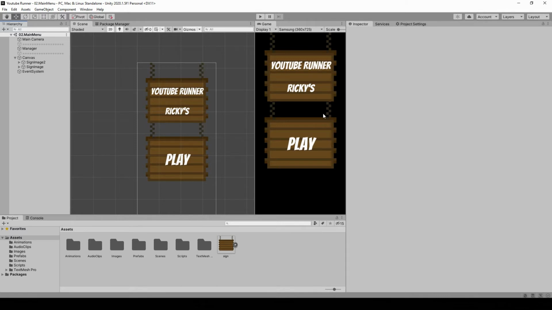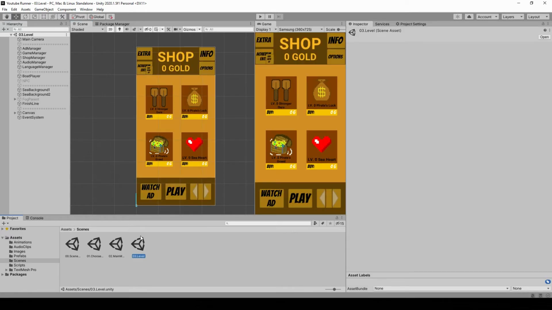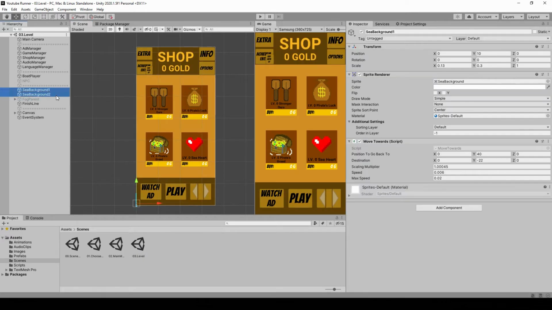Now let's start with adding the animations. So we have the moving background, the boat movements, and the random weather. For the moving background, it's really simple. Let's go to the level. Let's select the sea background. Let's copy them,